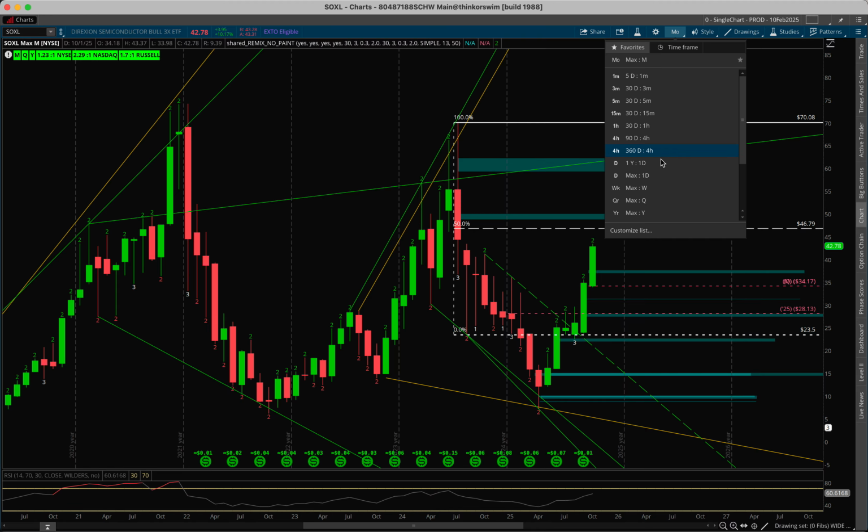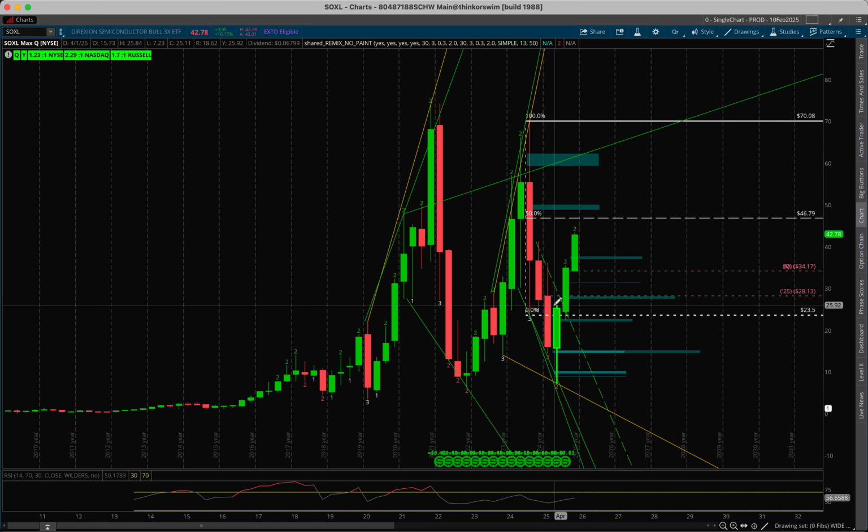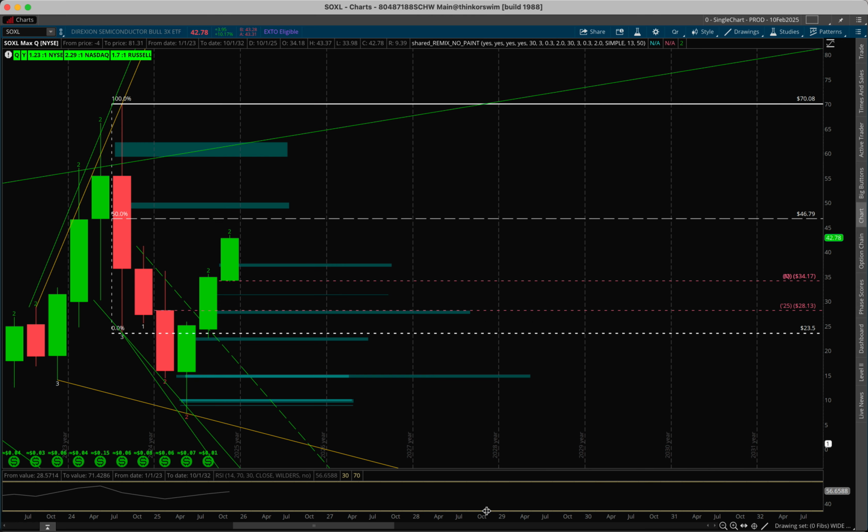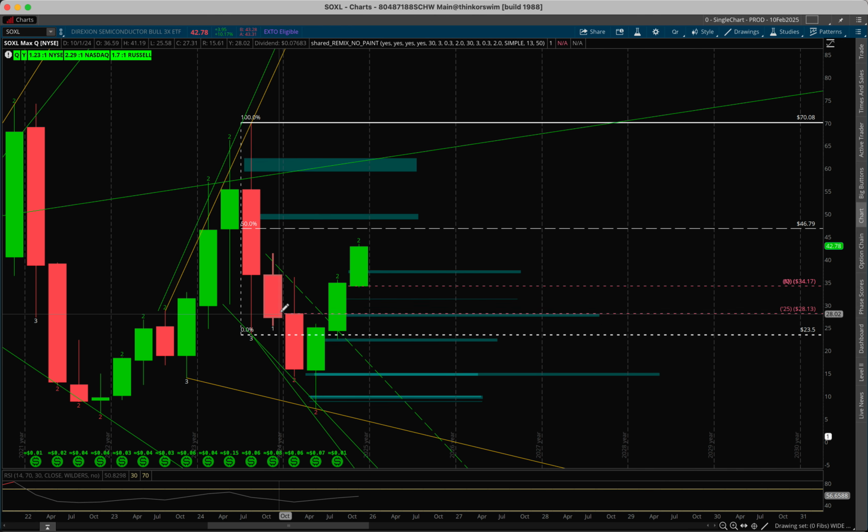If we look at it from the quarter perspective, right, we've triggered a much cleaner 1 combo 2 down, 2 up, right? So we got the 1 combo 2 down, combo 2 up that's triggered above 36.15. And again, the target for that move is the high of this candle, which is that 70.08. And as long as we're above this 36.15, then the strat is still in play, and we remain bullish